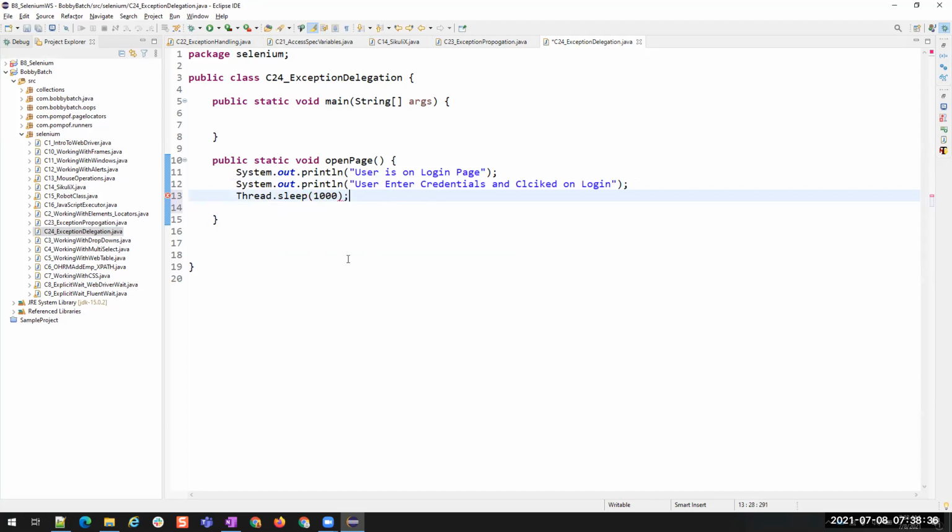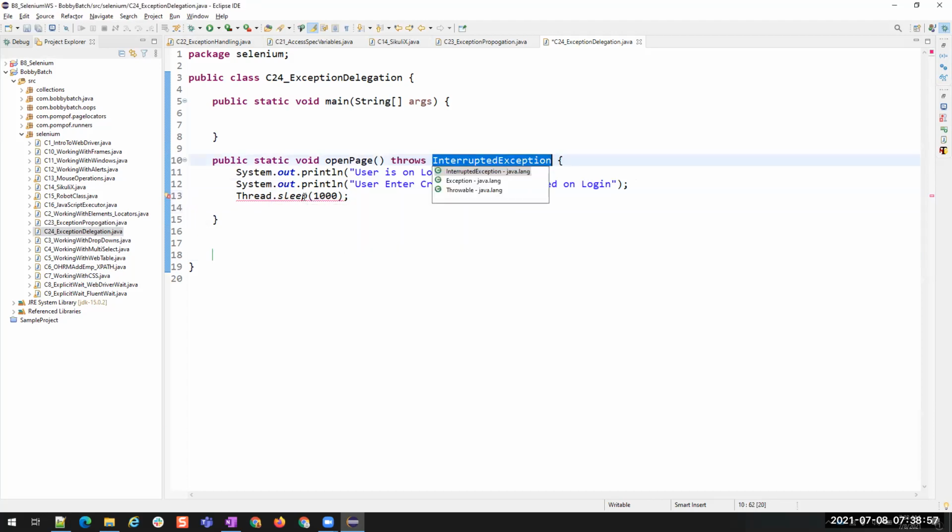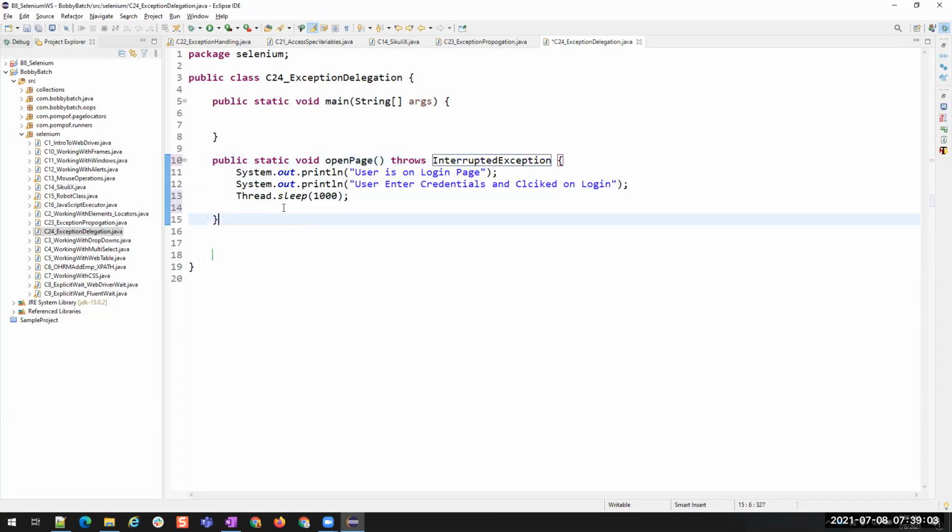So you have to handle this exception here, or if you don't want to handle it, you know that this is going to raise an exception. You don't want to handle that exception here, and you want to delegate it to some other method. Then you see the suggestion, add throws declaration. We know that this method is definitely giving the exception. So we are not handling it, but we are throwing this InterruptedException. And let me say sysout user is on home page, for example.